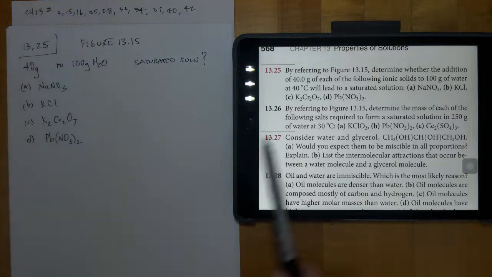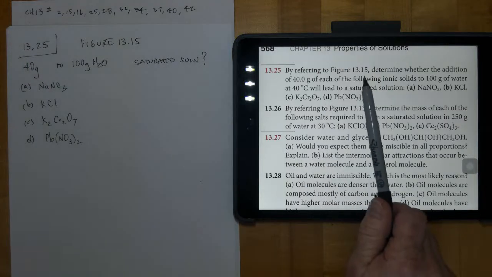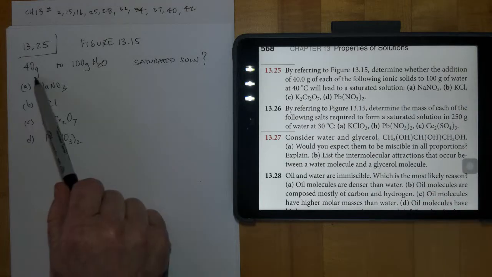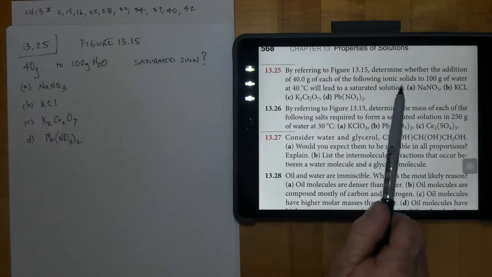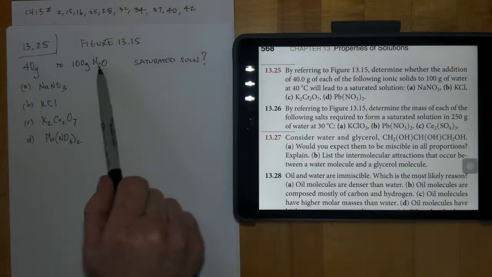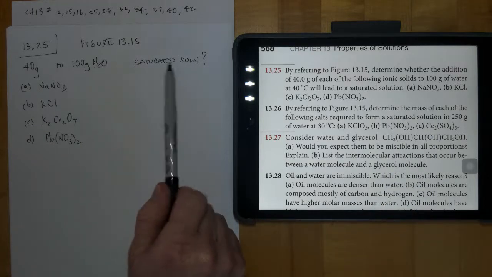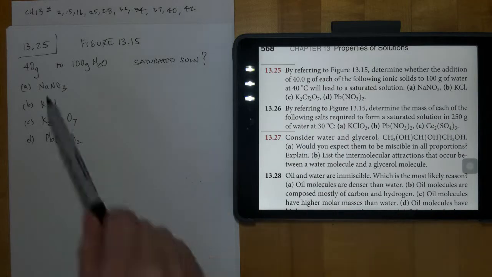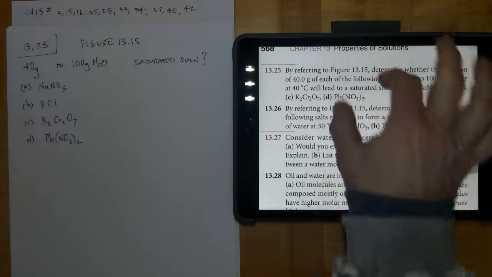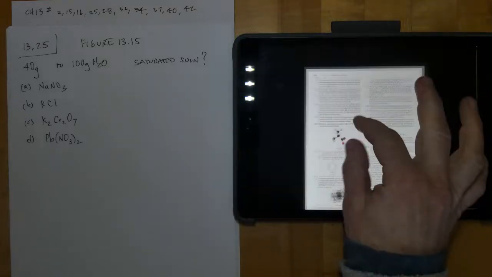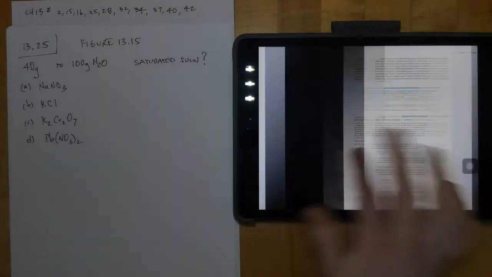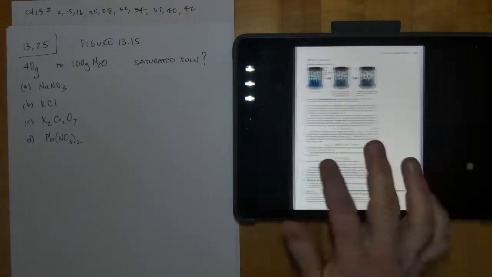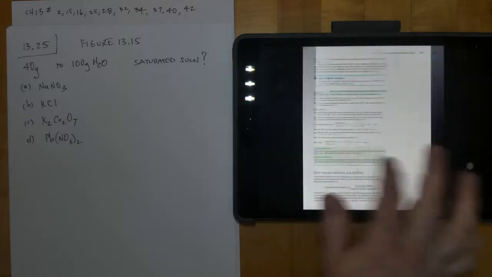So this is 13.25. By referring to figure 13.15, determine whether the addition of 40 grams of each of the following ionic solids to 100 grams of H2O results in a saturated solution. So I copied A, B, C, and D down here, so then we can go back to figure 13.15, which is going to be a number of pages back here in the textbook. Figure 13.15 shows some solubility curves, and